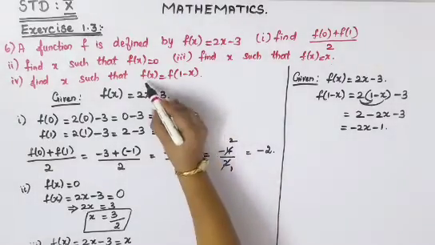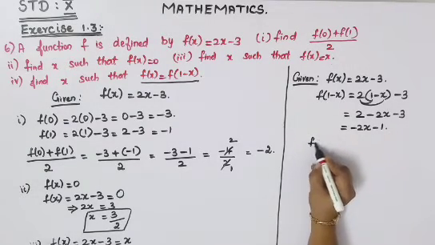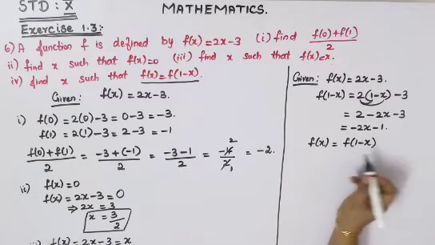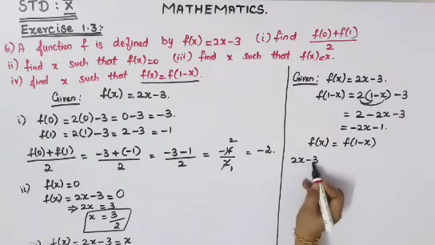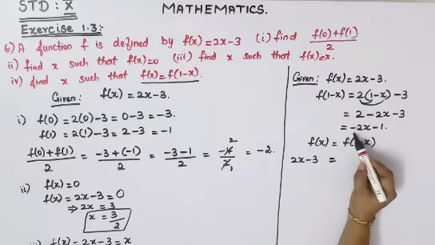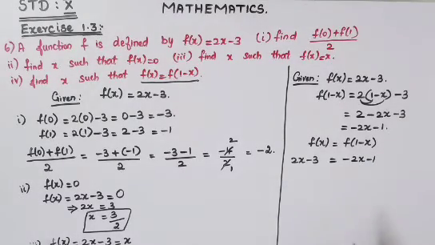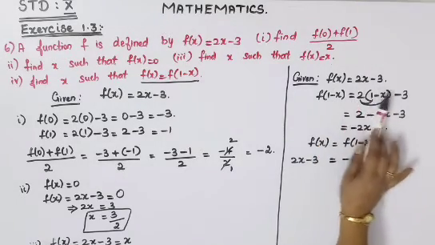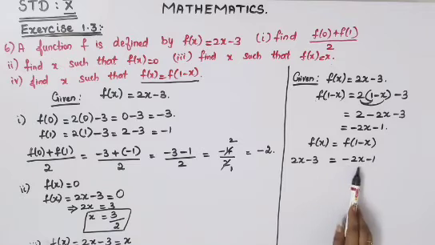And the condition they have given is f of x is equal to f of 1 minus x. So we'll just write that line as it is. f of x is equal to f of 1 minus x. Now write what is your f of x from your question. It is 2x minus 3. That is equal to the answer we have got for f of 1 minus x. This answer you will have to write it here, so you can equate both the sides. They have given f of x is equal to f of 1 minus x. So f of x, your right hand side is 2x minus 3. I wrote it here. Then f of 1 minus x, your right hand side is minus 2x minus 1.